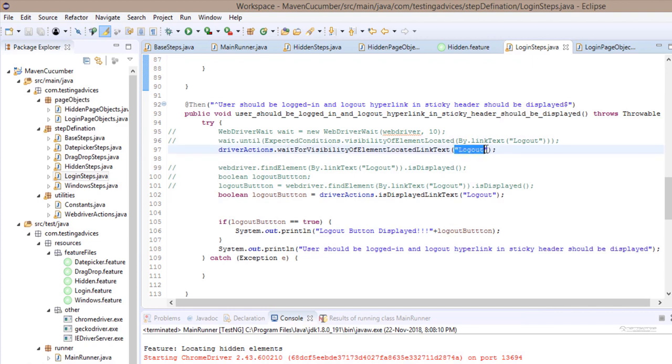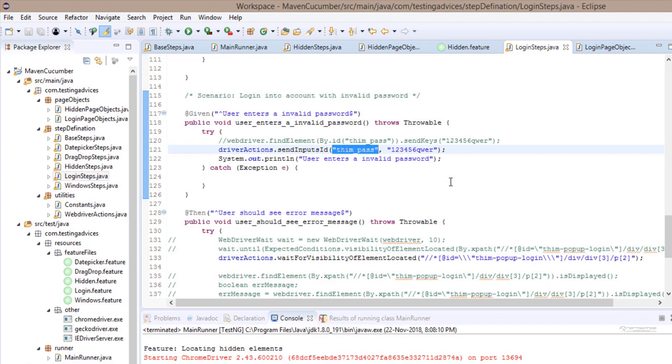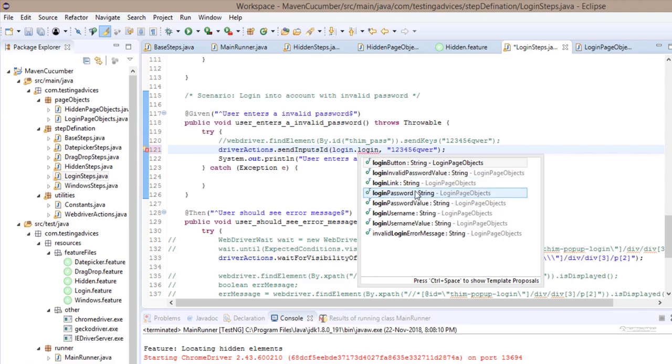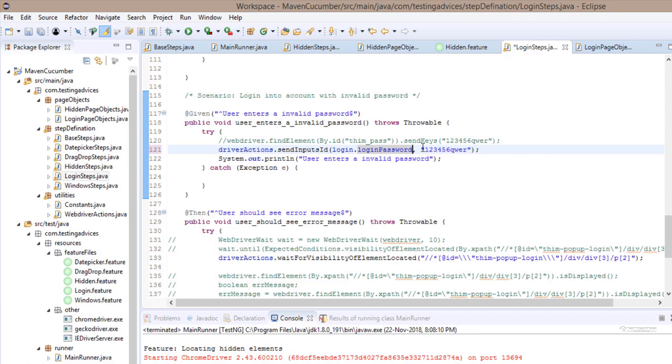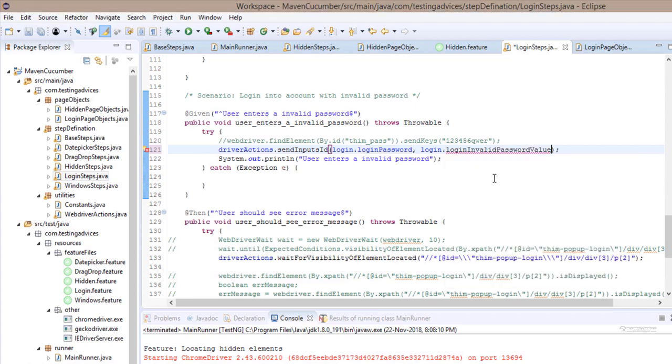After that we are going to verify the logout text is displayed. So login dot logout link, and the same element we are using here as well. So let me replace that. Now the next case is for the invalid one, but again we have defined the same variable login dot login password, login dot login invalid. Okay, so in this case we have defined this invalid password value,